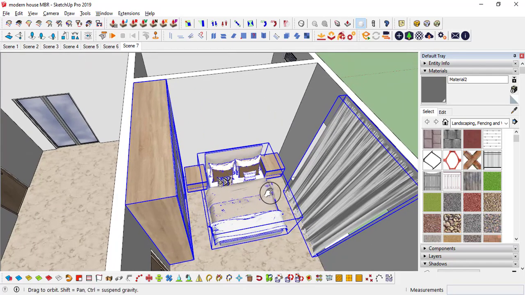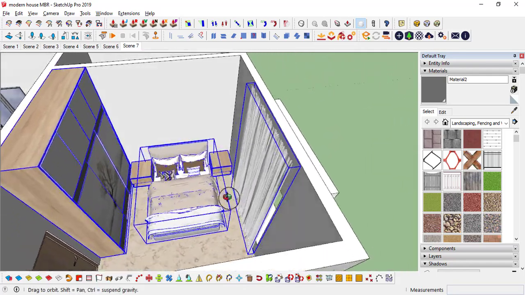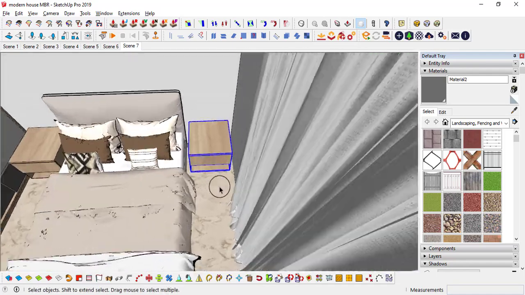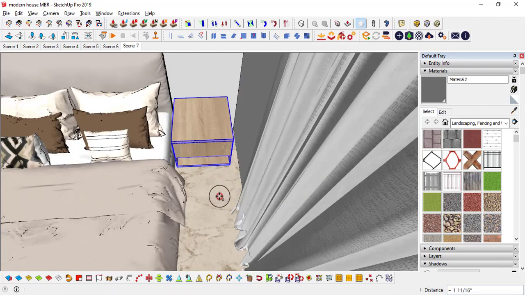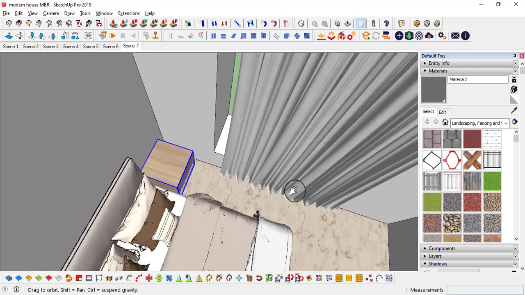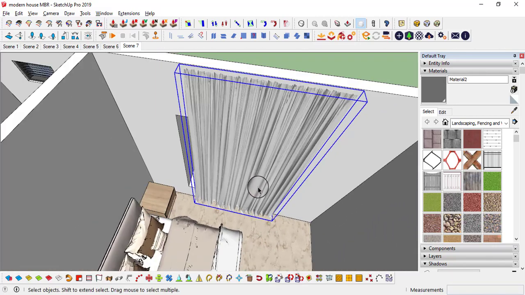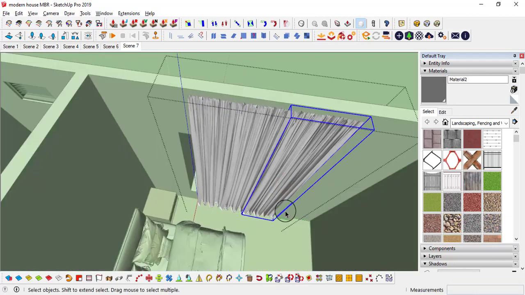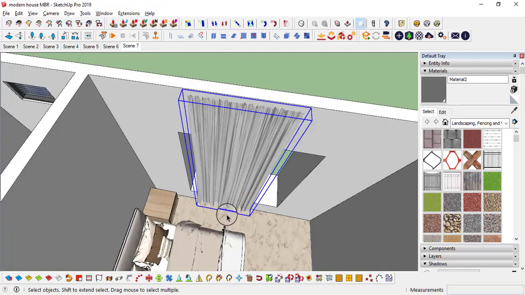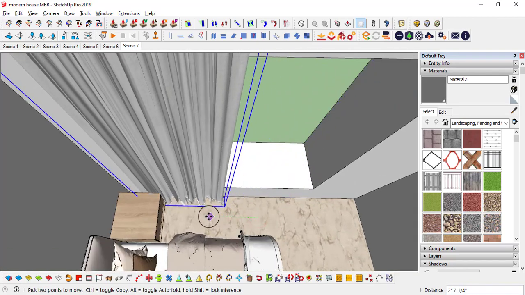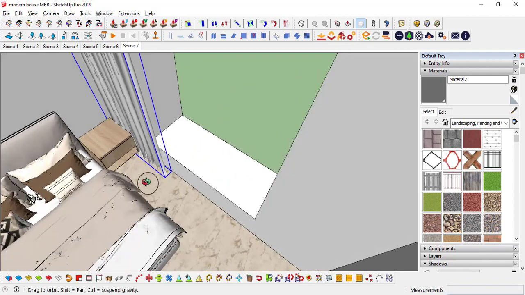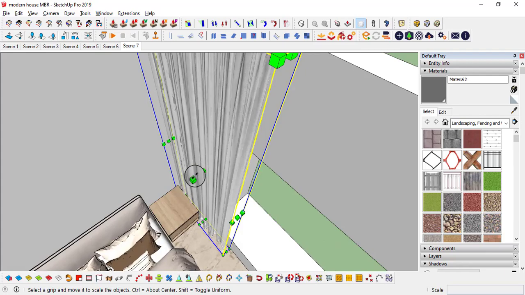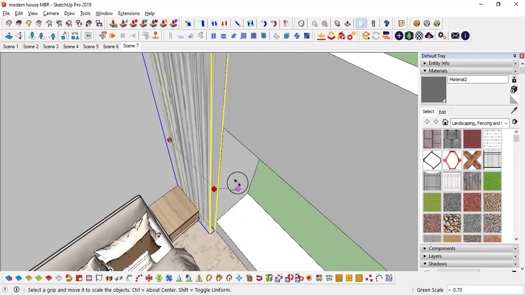So simply I have done like this. And the thing is, I am going to move this further in this direction a little bit, and I don't want it to be covered, so I'm deleting one portion. I'm going to move it to one end along the green axis. Yes, then scale in this direction and scale in this direction.